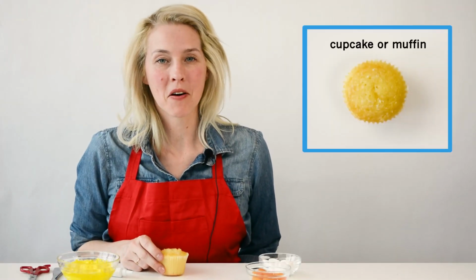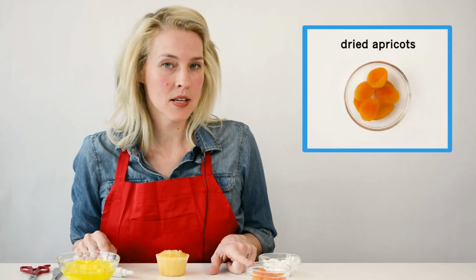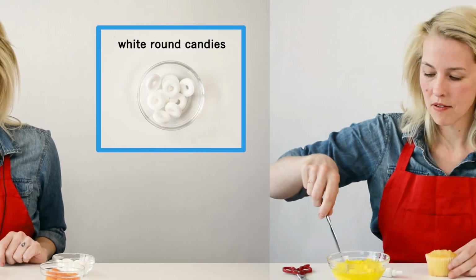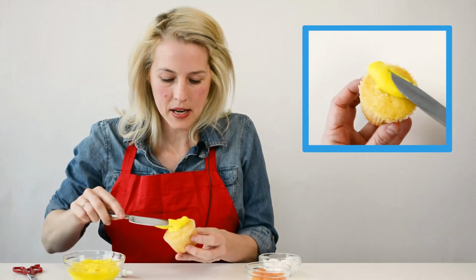Today I'm going to show you how to make Chirp Cupcakes. For this recipe you'll need your favorite cupcake or muffin, yellow icing, blue icing, dried apricots, and white round candies. First, cover your cupcake in bright yellow icing